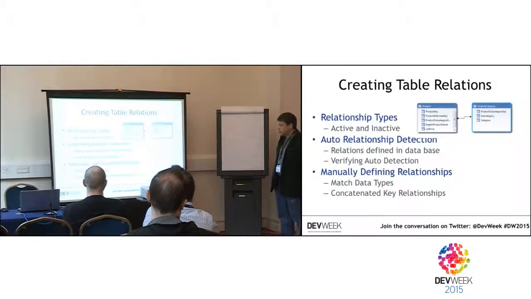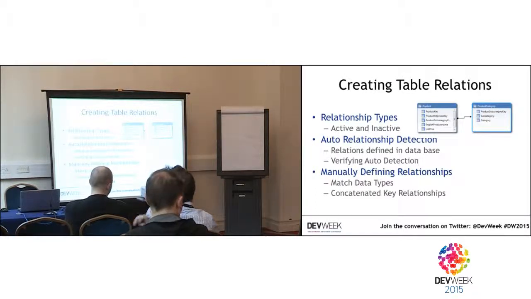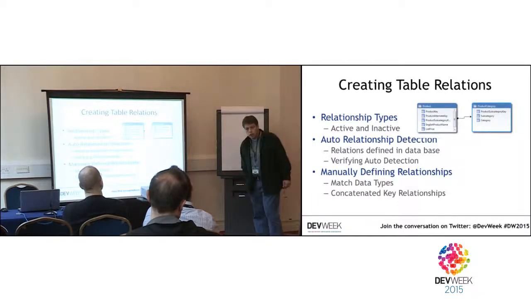You want to always verify it though, because one of the things that will happen there is if you're pulling it and you might have several relationships defined between two tables in a database, it will just randomly pull one as the active and then the other ones as the inactive. A good example of when that would happen is if you hit off of a data warehouse model